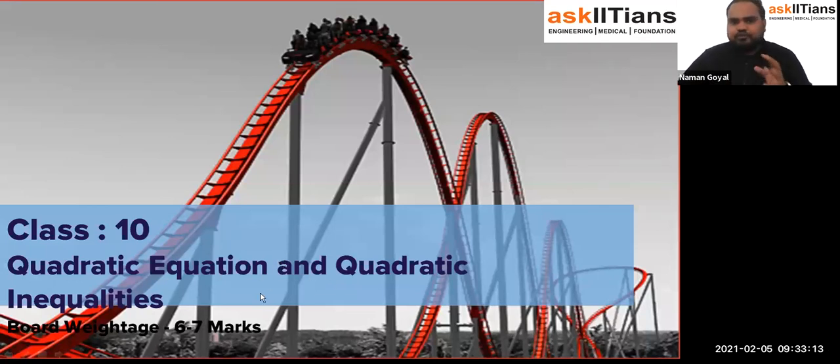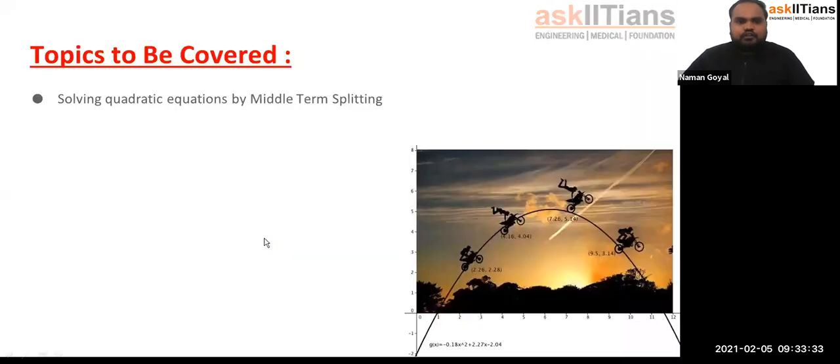As I told you in the previous lecture, this chapter carries a lot of weightage, 6 to 7 marks in board classes, right? So in the previous class we learned about quadratic equations and quadratic polynomials, right? What is the general standard form of a quadratic equation, quadratic polynomial, okay? Now in this chapter we are going to learn about